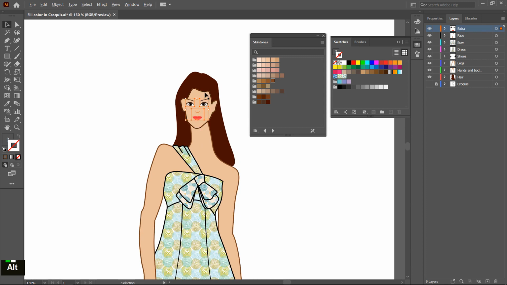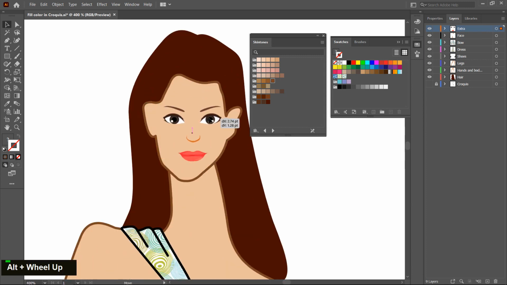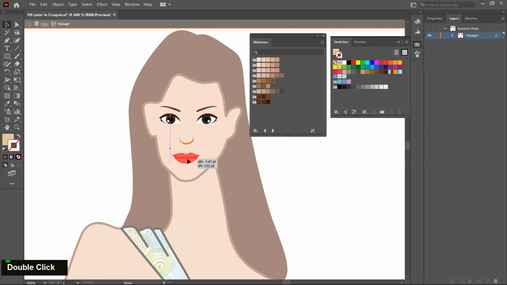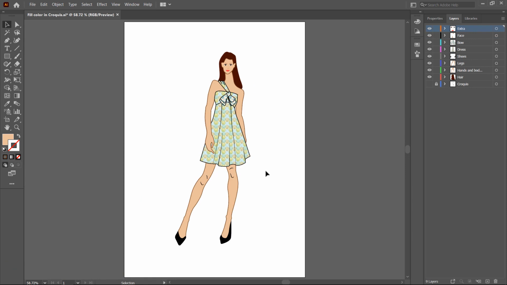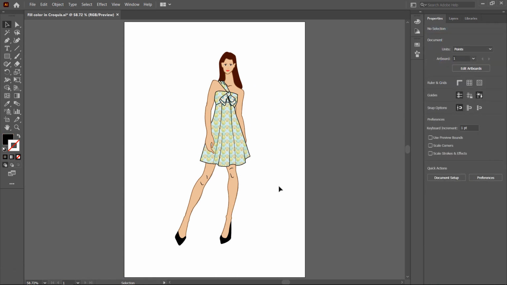Okay, now it looks better. I perfectly placed it, I think this lip should be in the bottom side. Okay, now it looks better. It's the final result of the Crookie design template. Now you can create your project and share with me.